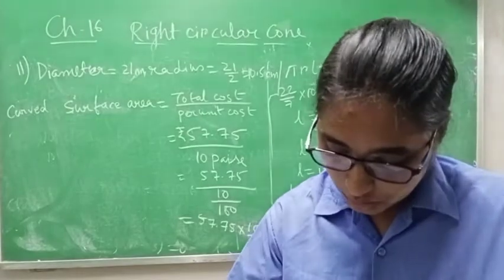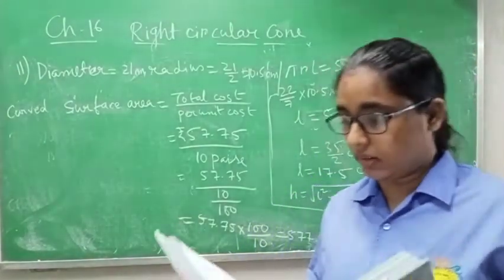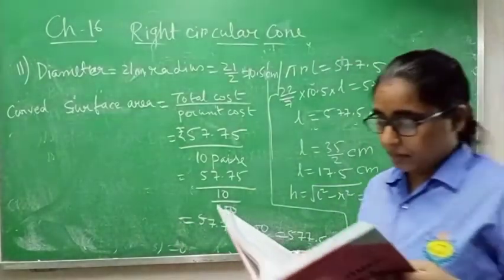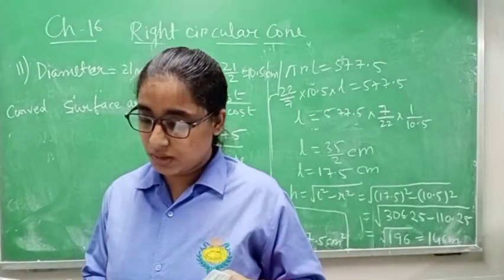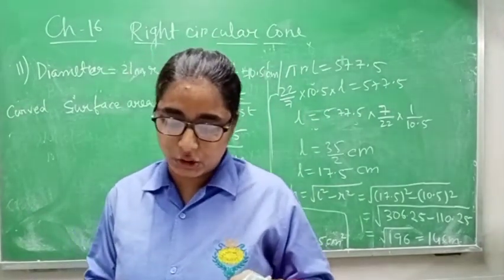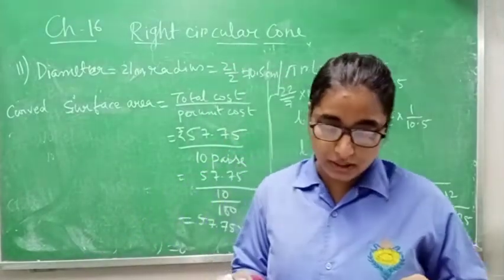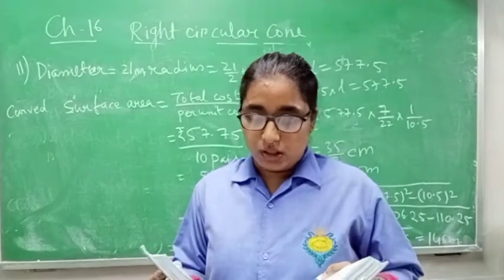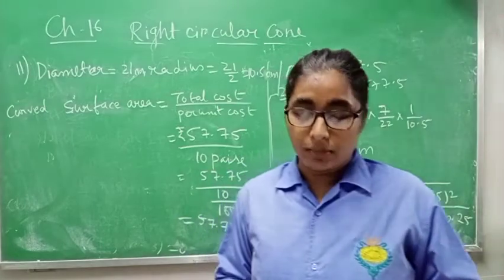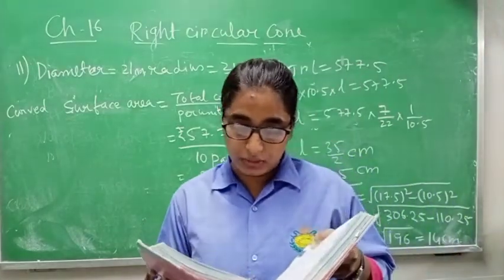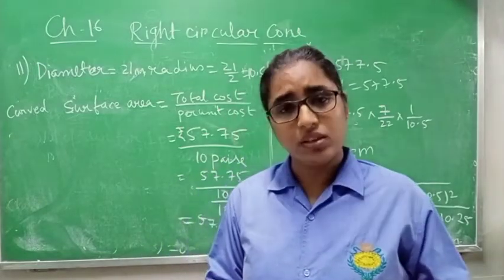The external diameter of conical coconut made of thermocol is 21 centimeter in length. To wrap up the outer surface of the cornet with foil, the expenditure will be rupees 57.75 at the rate of 10 paise per centimeter square. Either you can do all in all the place centimeter or you can do meter. In my book, in some place it is given centimeter and meter, so I am making all this in centimeter. You can make it all this in meter also.